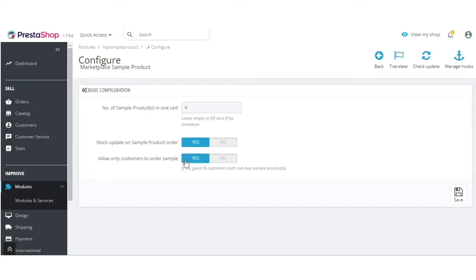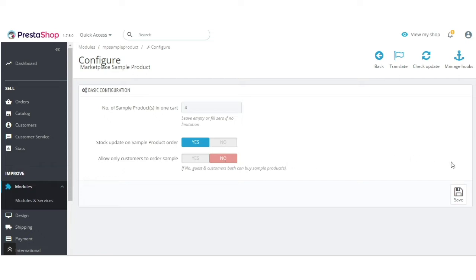If this field is enabled, then only the registered customers can order a sample product, and if disabled, then both registered customers and guest users can order the sample product.